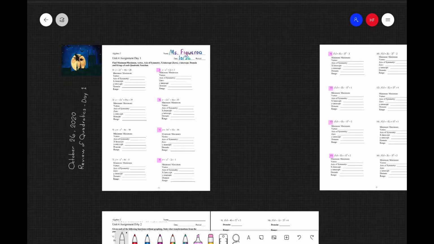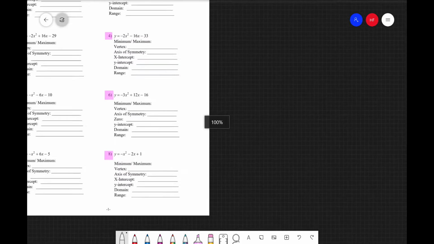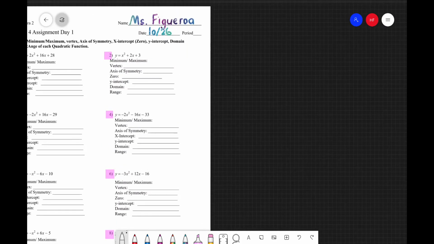domain and range. So it seems like a lot of information, but a lot of our parts are going to give us other parts. So on number 2, we have y equals x squared plus 2x plus 3. So remember, when we're in standard form,